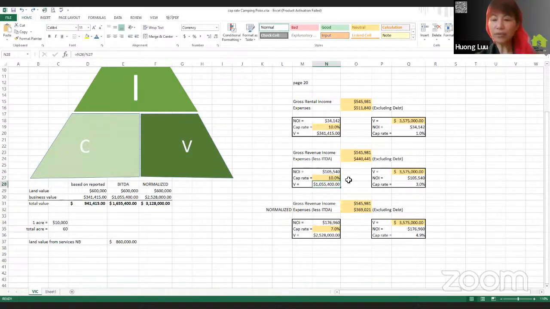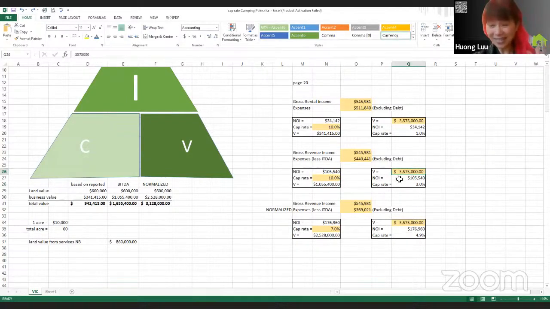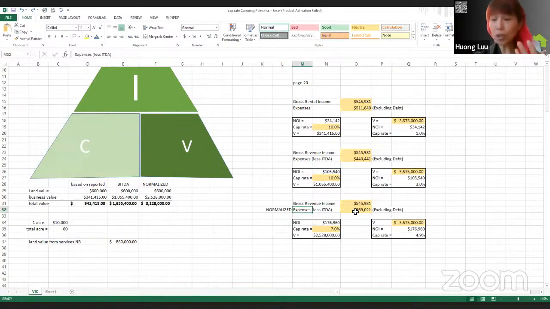So now the value of this asset is 1 million, but they're asking 3.5. So that's where there's that discrepancy. So now one additional way to run this is to say, okay, well, what's the normalized expense? Meaning you take out stuff that you don't really have to report, or that it's slightly different for different operators. So one of the items would be